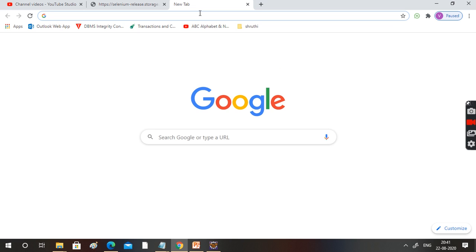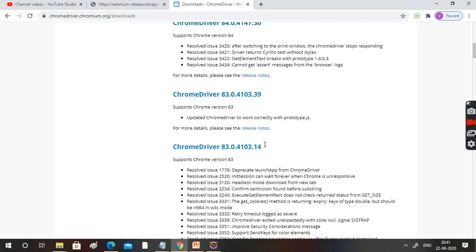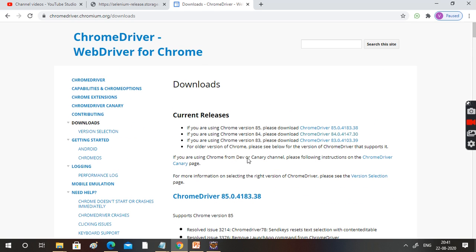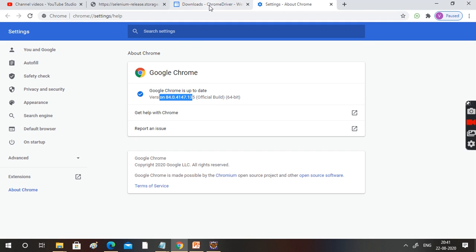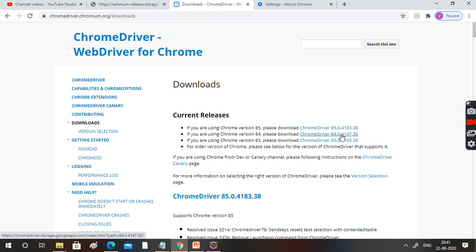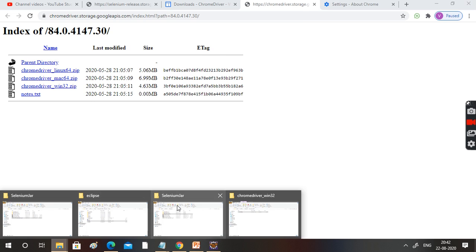Okay, what do you have to do? Just go to the Chrome driver site. Here is the download folder. There are a lot of versions here, right? How do you know which exe to download? You should check your browser version. My browser version is 84, right? Then you can go here, 84. Just go here, then you will get this page. So what is the operating system? Mine is Windows. Double click, it will be downloaded automatically, and I kept it here.